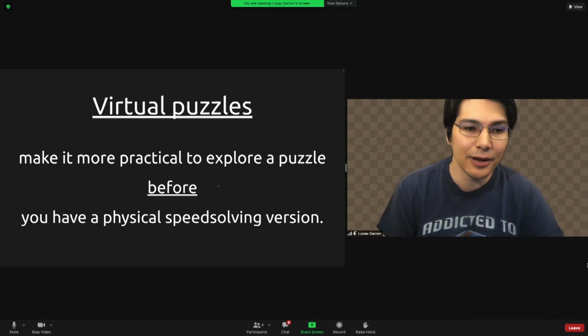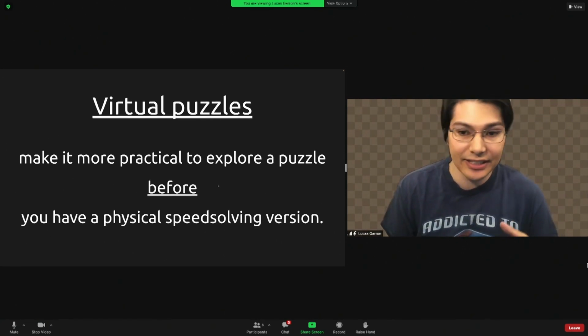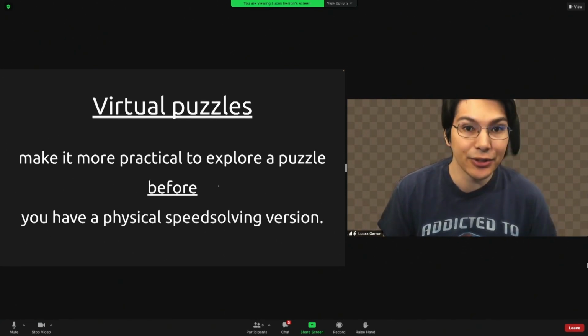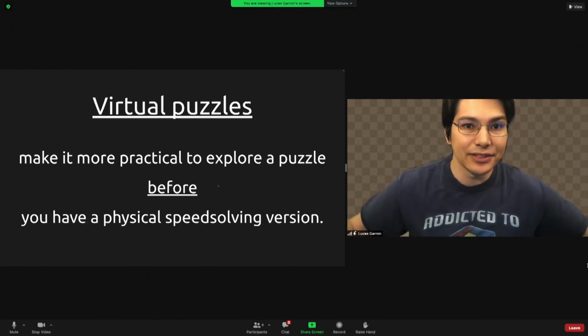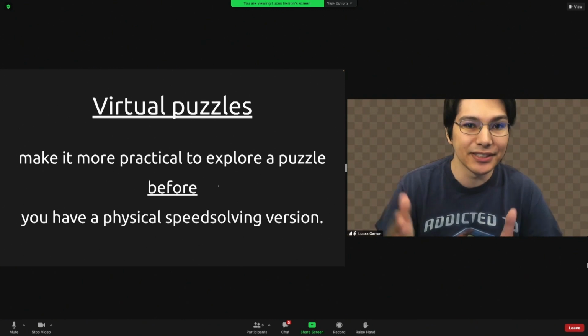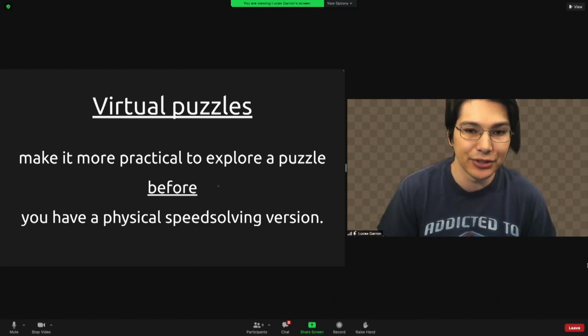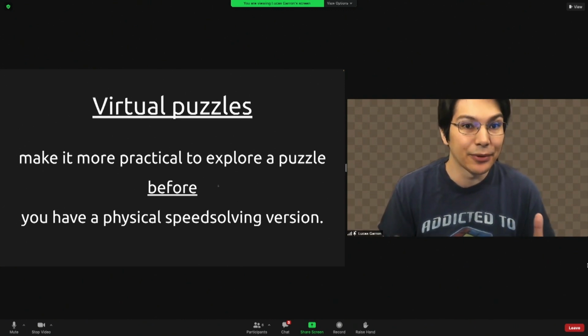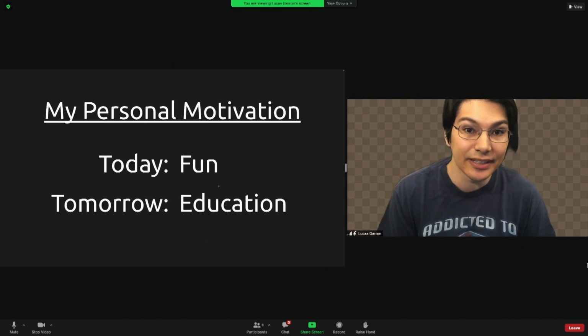And this is a hard problem to tackle, and the people are tackling it in a few ways, but hopefully I've shown you that you can use the virtual puzzles and also the Bluetooth puzzles to sort of close the gap between puzzles that you do and don't have speed solving versions for. So I'm hoping this lets us explore new events more easily, which right now is just fun,